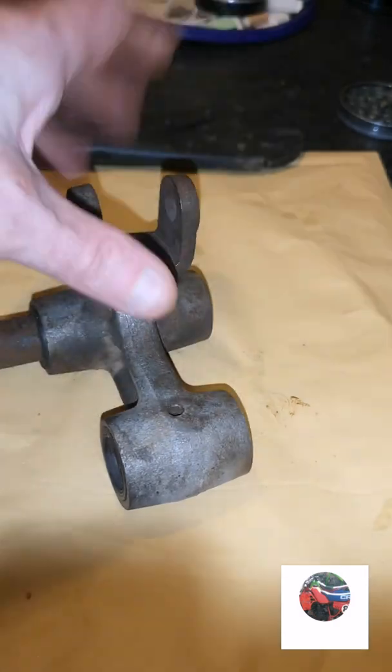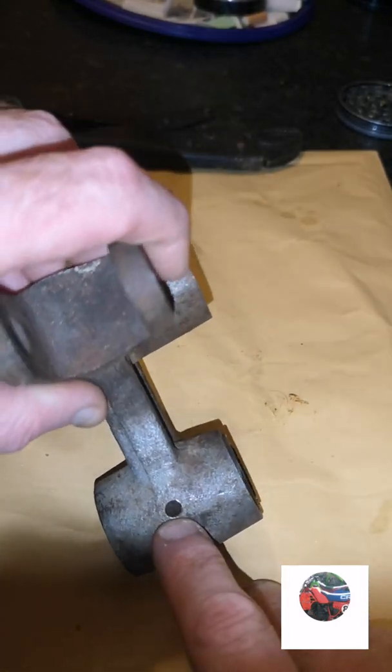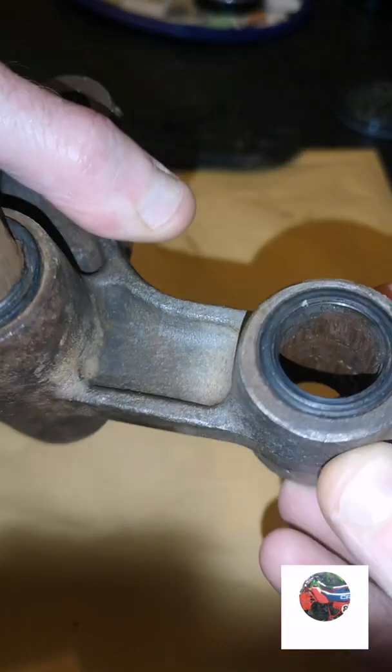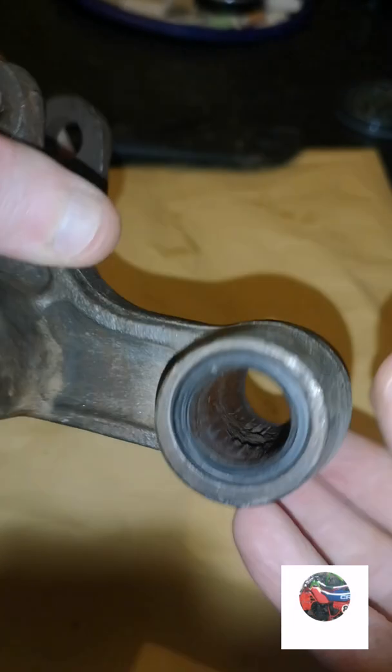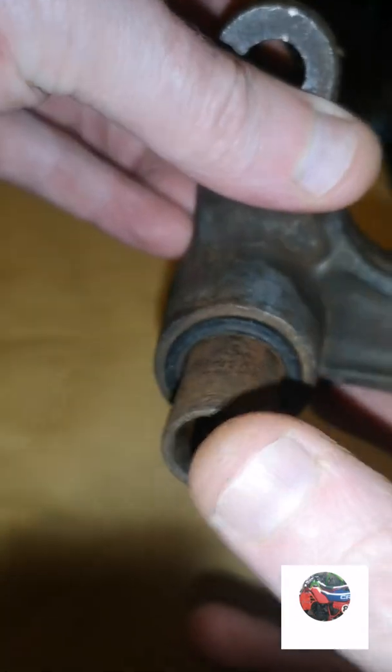There's two bearings in there, should be a grease nipple in there, just to grease them two bearings. There's a bearing at this side, there's a bearing at that side. You'll see when it comes off, and this shaft's to come out,